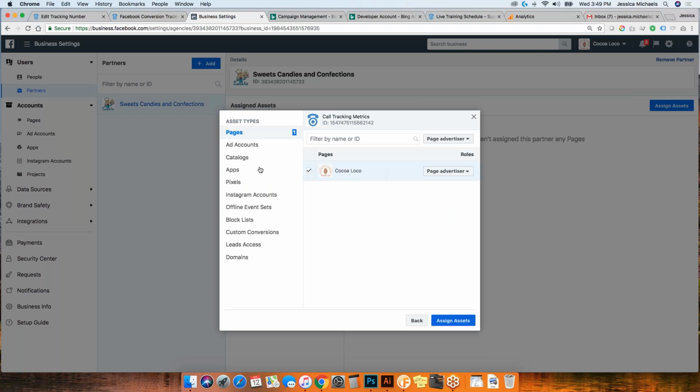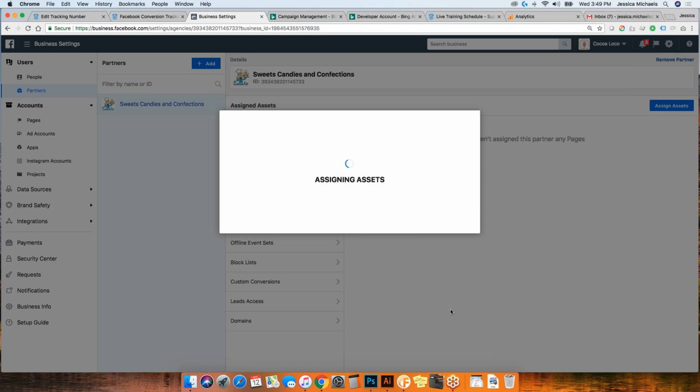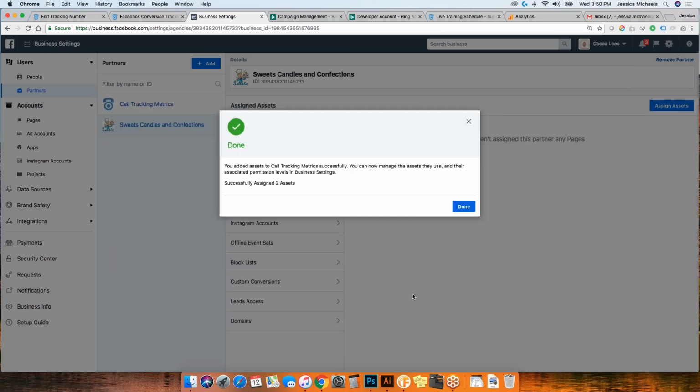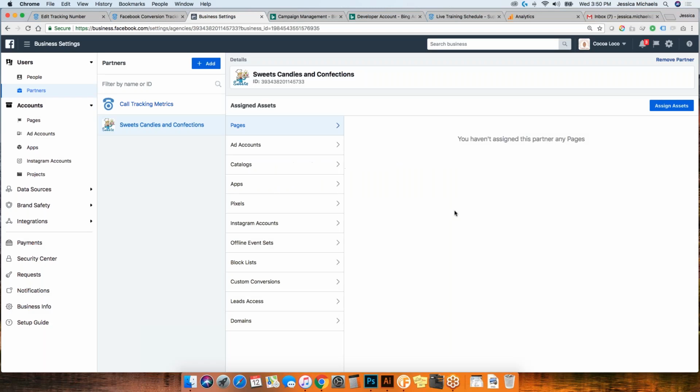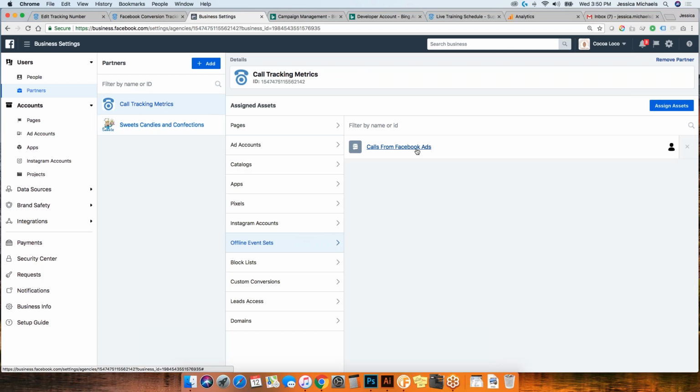I can add it to this page, but really what I want to do is add it to the offline event set, and then I can choose what event set, if one or both, that I want to send all the calls into. So I'm going to send it into one I've already created called Calls from Facebook Ads, and say assign. So done. We're looking good. So now we can come here and see that we are assigned to that event set. Okay, so this is really just allowing us to see that data.